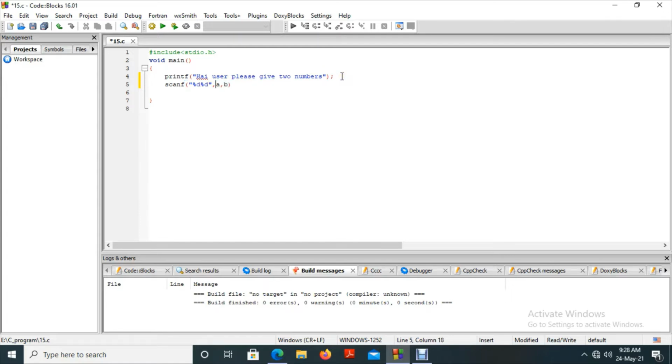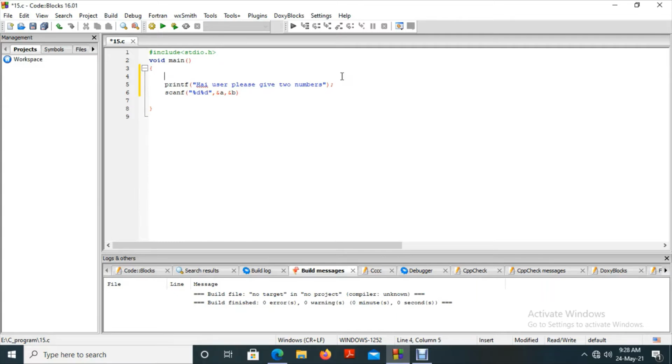We collect these two numbers in variables a and b, and we mention it here as address of a, ampersand a. The symbol is named ampersand, but in compiler language, we are telling the compiler that these two collected values should be saved in the address of a. So a and b are human understandable names.